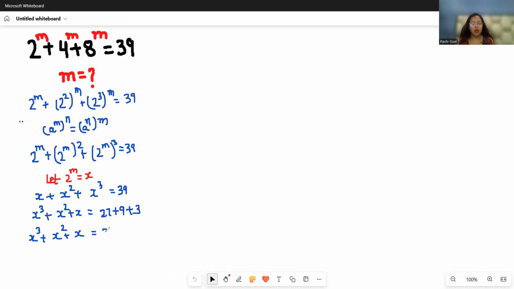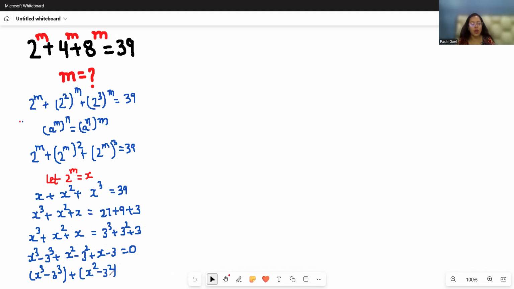I can write it as 3 cube plus 3 square plus 3. Now x cube minus 3 cube plus x square minus 3 square plus x minus 3 equals 0. So we can write this as x cube minus 3 cube plus x square minus 3 square plus x minus 3 equals 0. Now I am going to use two very famous identities, that is a cube minus b cube,